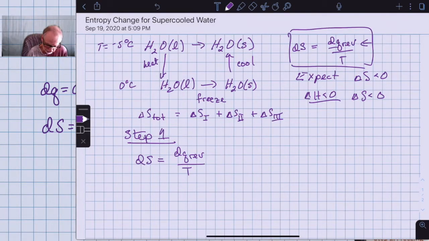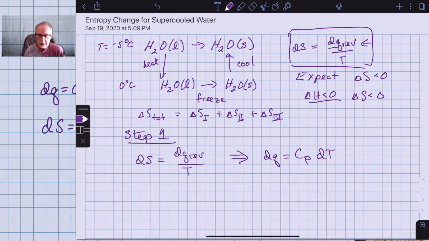Well, you probably know that if you go way back to simple definitions of heat capacity and thermodynamics, dq is going to be equal to the heat capacity, and we're going to talk about the constant pressure heat capacity because we're carrying this out under conditions of constant pressure. So it's just equal to Cp dT. No doubt you've done some calorimetry experiments in the past where you measured a temperature change and used the heat capacity to figure out how much heat was absorbed or generated in a particular process. And you use this equation